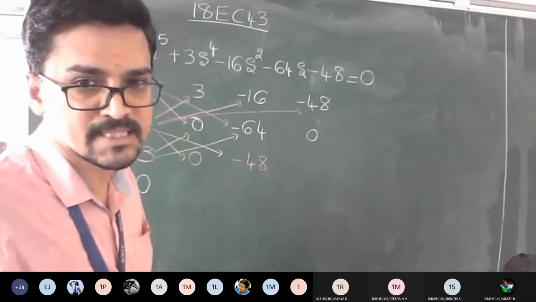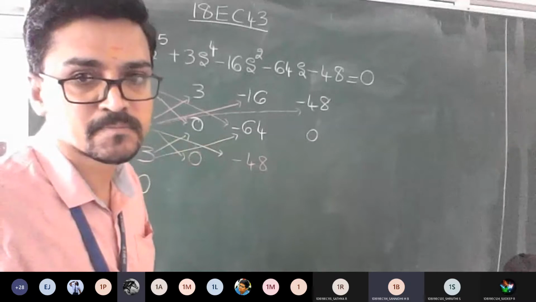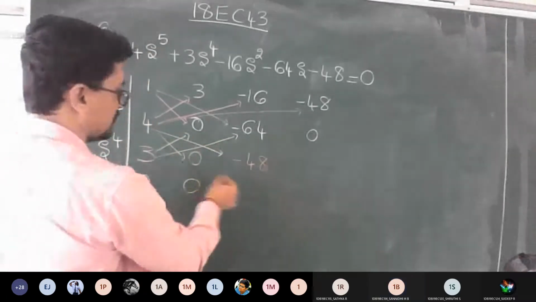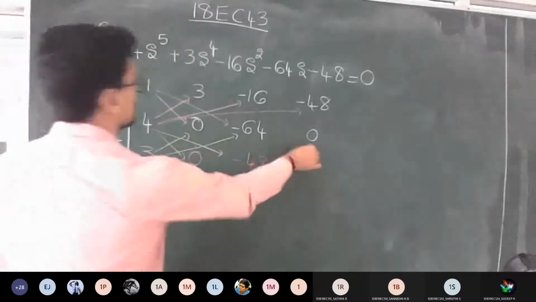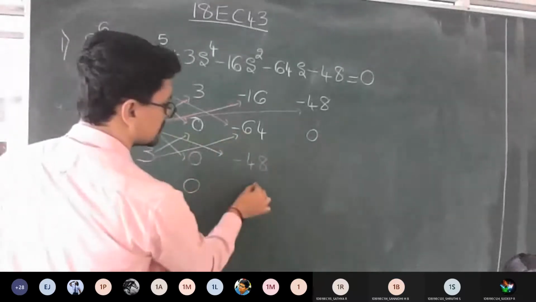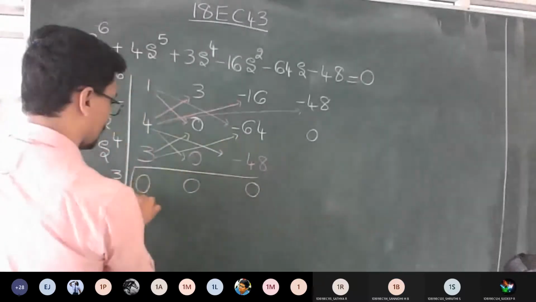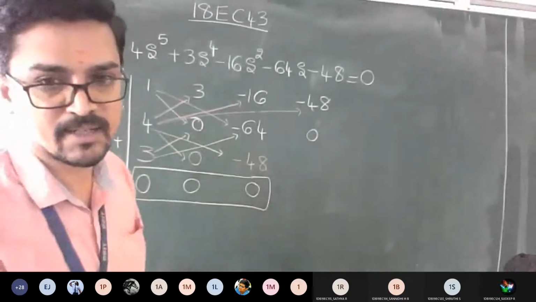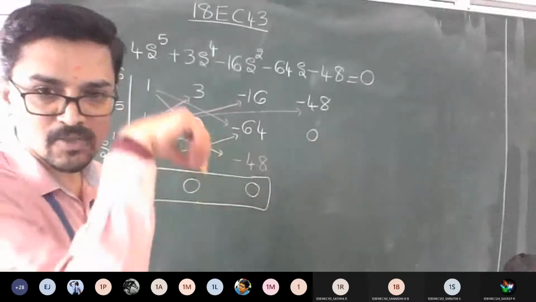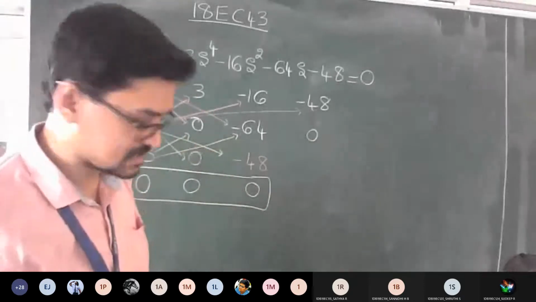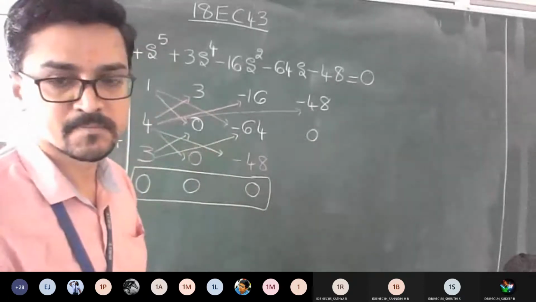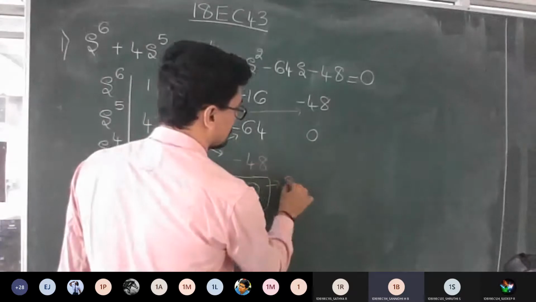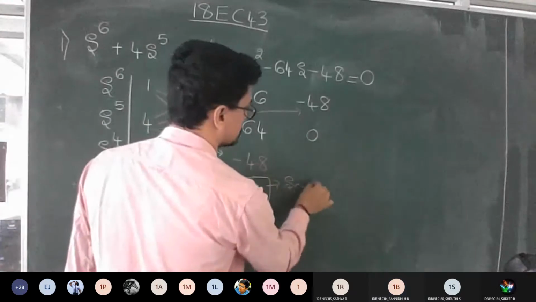0. Is it 0? Good, so this is going to be 0. Next also 0 only, because 3 into 0, 4 into 0, so this is also 0. Now we got a condition where your Routh array failed. All the rows are 0. So what condition is this called? Special case 2. Good.